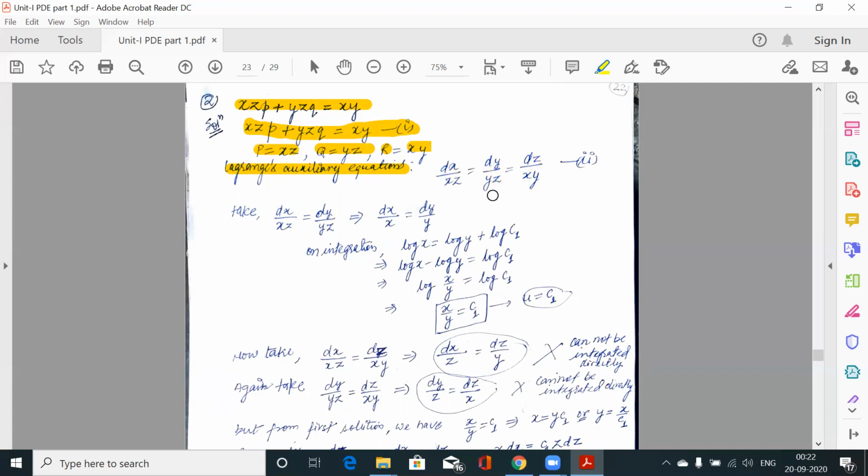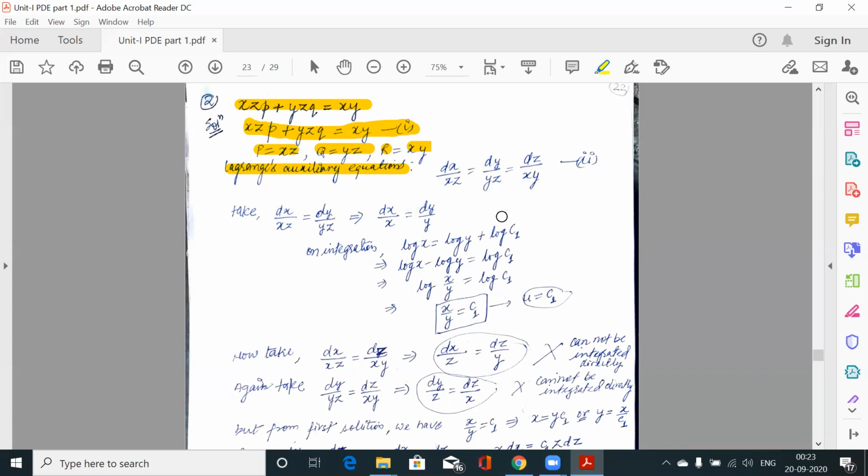You observe these fractions now. If we can integrate directly, we will definitely go for direct integration. Now, dx over xz, because under dx we have both variables x and z, we cannot integrate it. Same for dy over yz, this z is a problem, we cannot integrate yz with respect to y. Similarly, this is dz, under which we have x and y variables, so this is also not integrable directly.